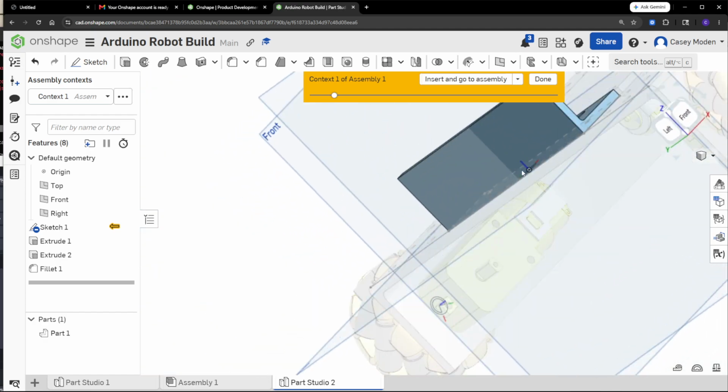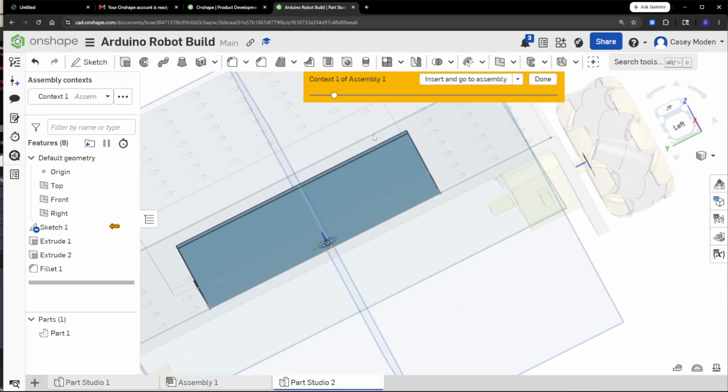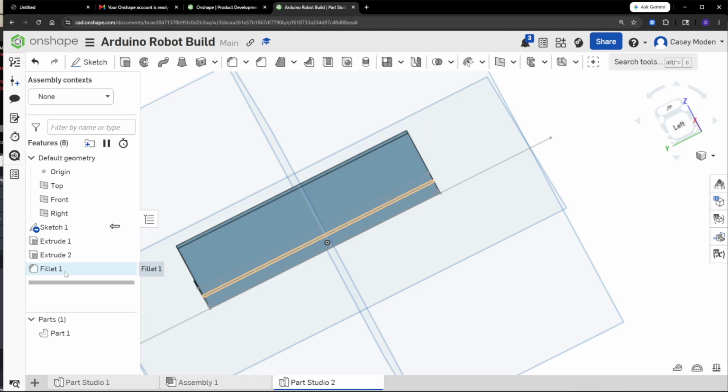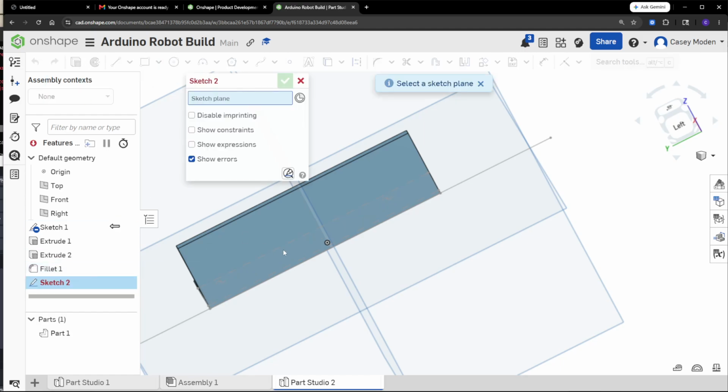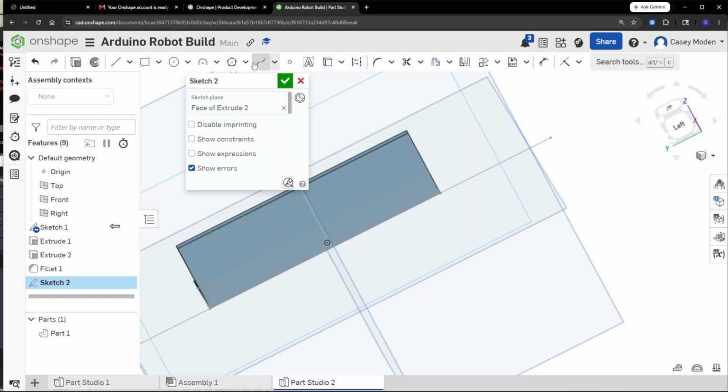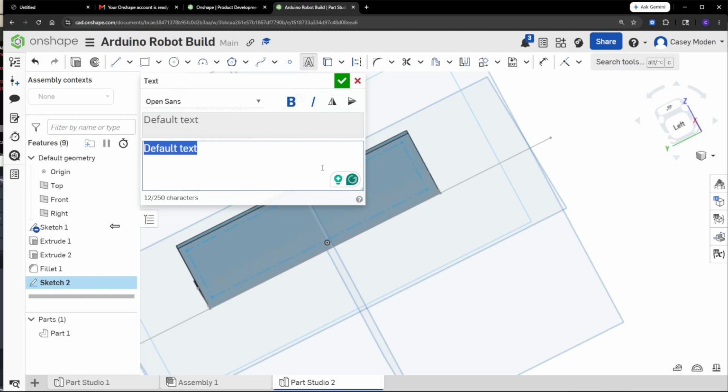So let's go into here, and we are going to add in our text and be just about done. I'm actually going to say I'm done with that context. I don't need the context anymore. I have my part. I have everything I want. The last thing I'm going to do is put a sketch up on the front here, and then I'm going to add in some text. My text is going to look right like that. I'm going to say modem